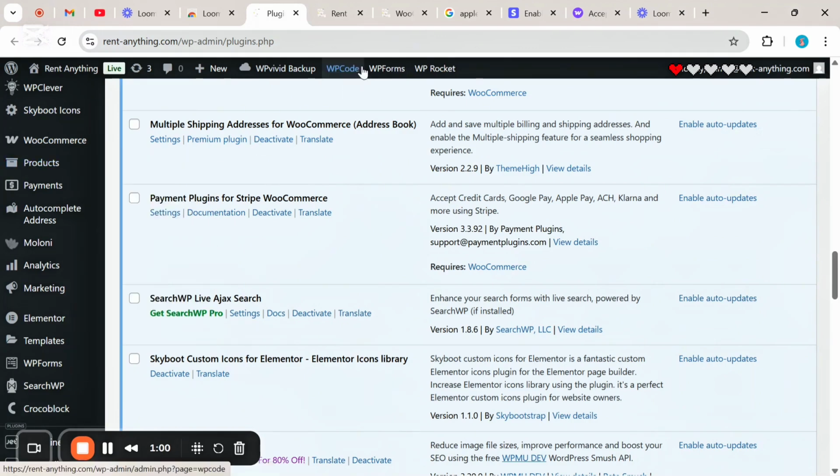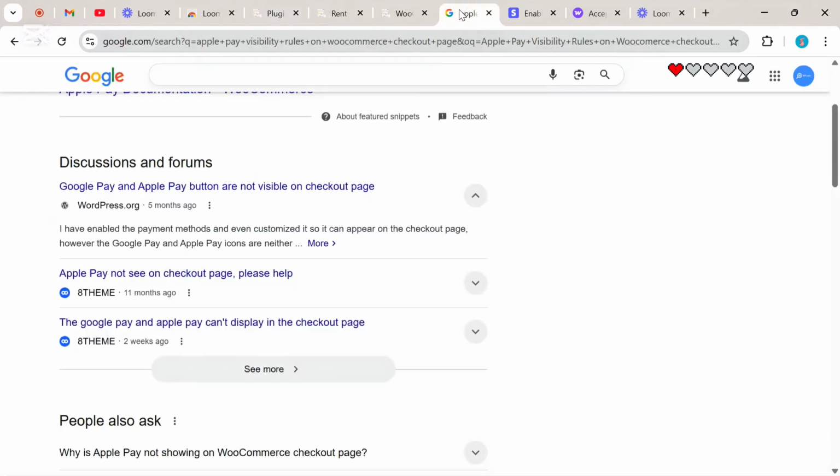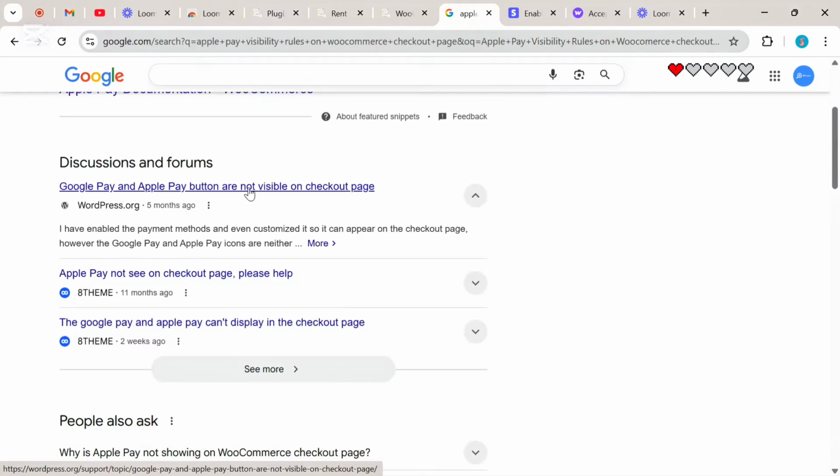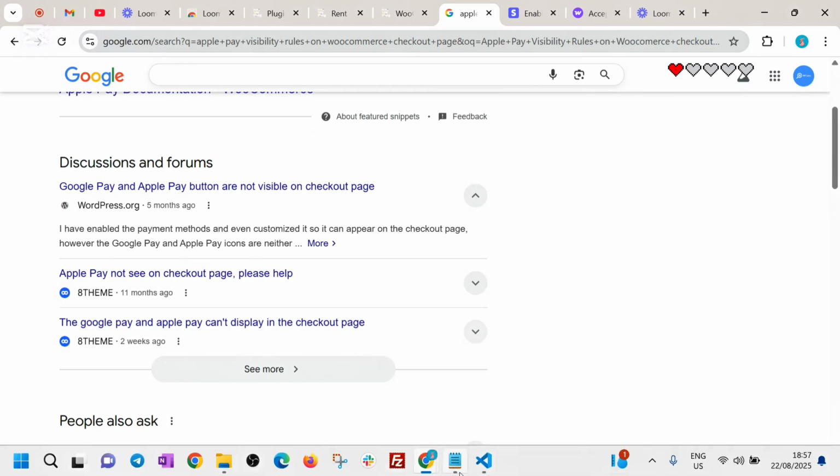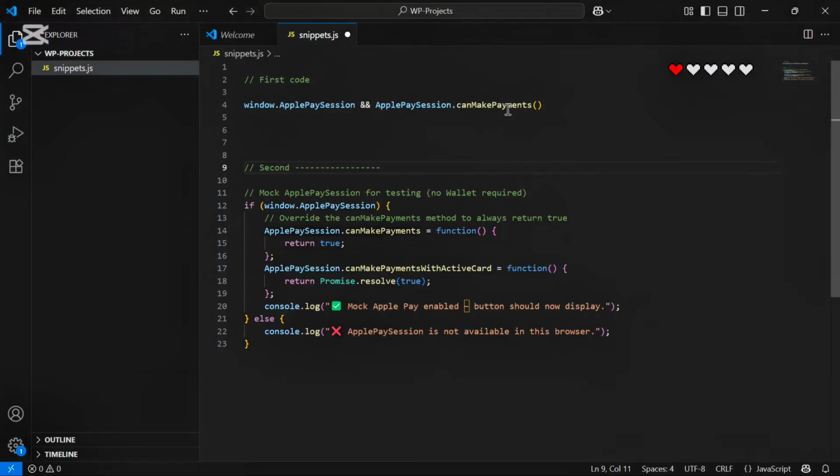And before that, I really want to show you what people have been looking for. You can see a lot of people are complaining Google Pay and Apple Pay buttons are not visible on checkout. So I believe you also are facing the same scenario, which I'm here to solve for you. In this particular video, I'll be sharing with you some code you can use to test, because Apple Pay only works on Apple